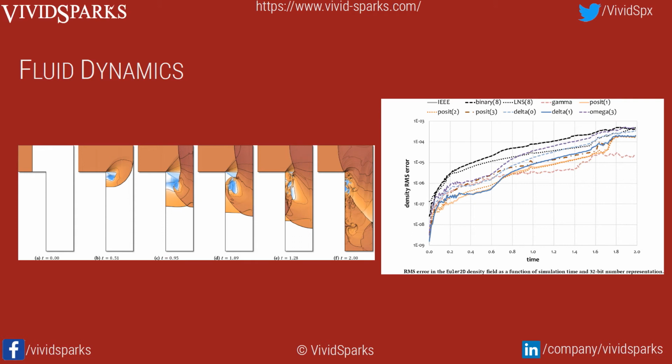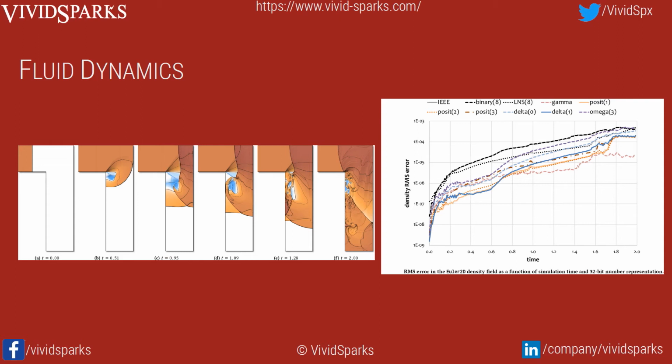Another example is fluid dynamics. In fluid dynamics, people used the Euler code for propagation of a shock wave in air through an L-shaped conduit. The code is run with a height of 1 or 256 and approximately 1.3 trillion floating point operations over the entire run. As you can see, at t equal to 0, the wave propagates in a chamber